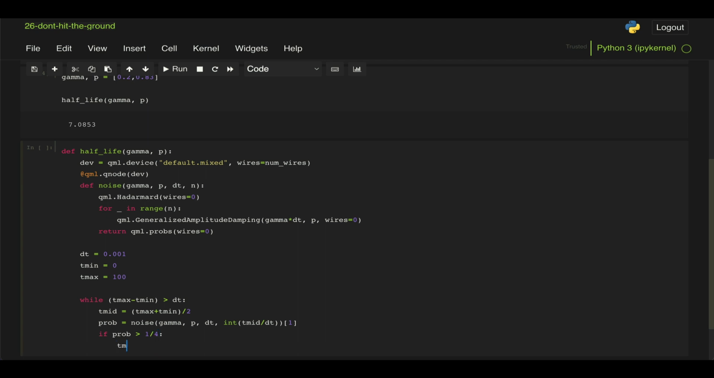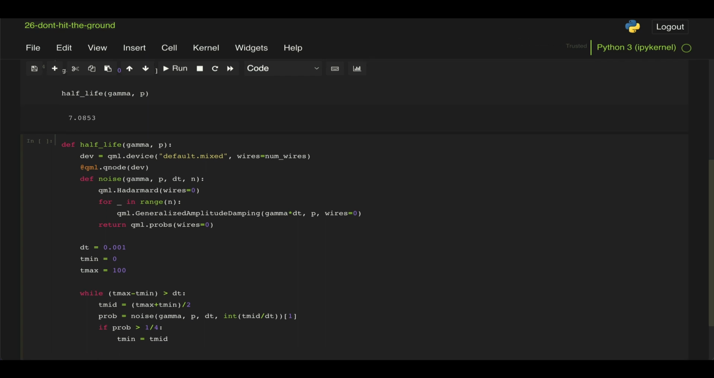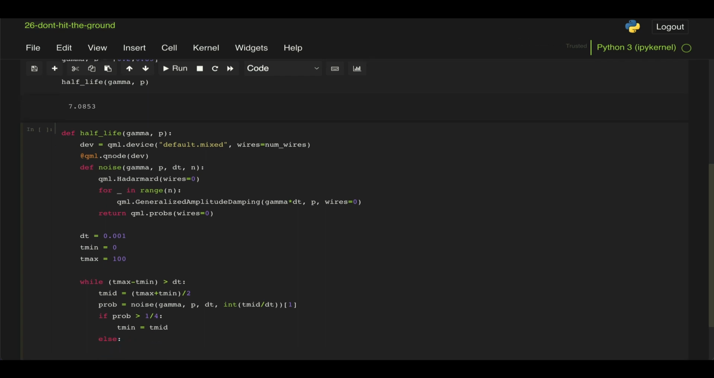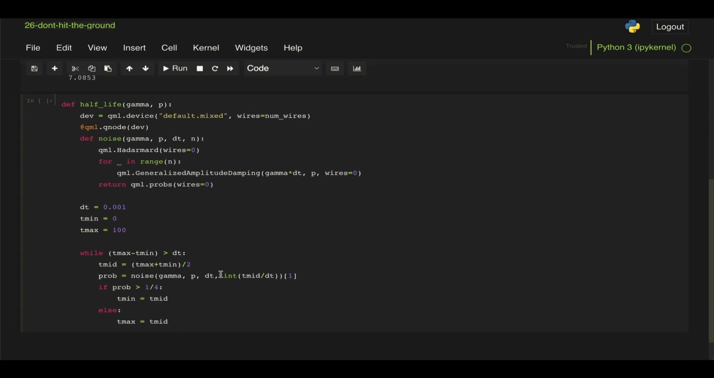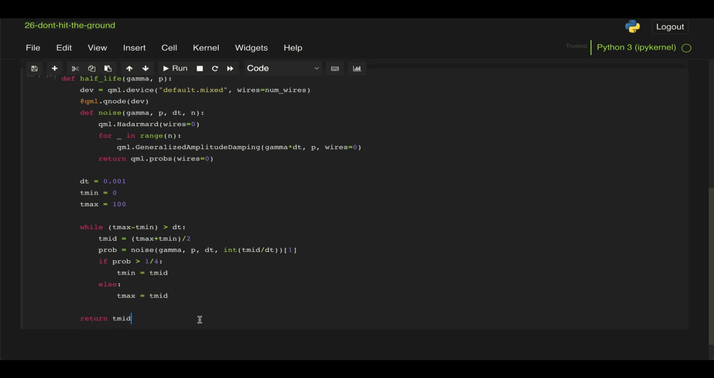And if it is, we define this new Tmin as our Tmid. So we're going to be searching now on the second half of that time range. But if not, then we define our new Tmax as Tmid. So we're going to search now on the first half of that time range we have. And then this overall function needs to return Tmid, which at the end will converge to the value we're looking